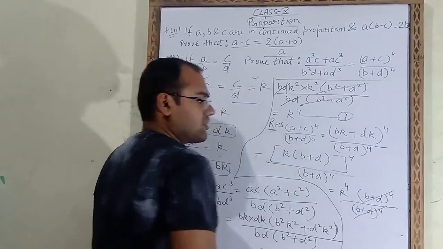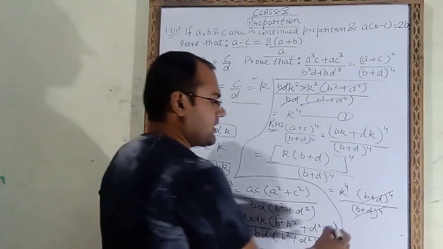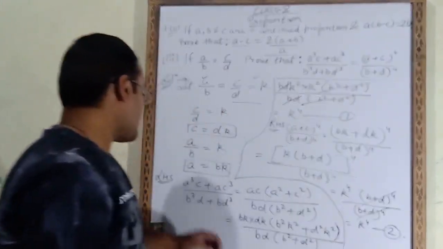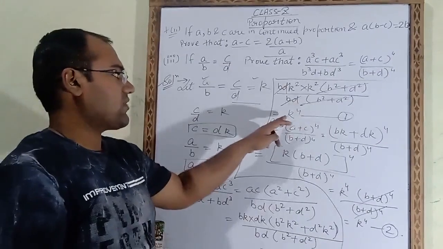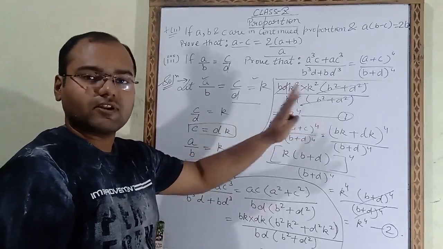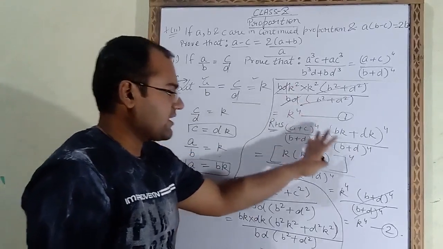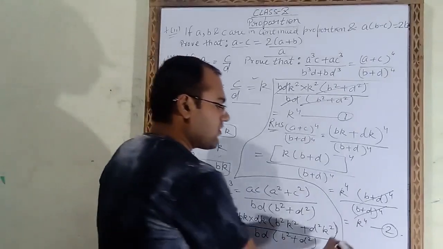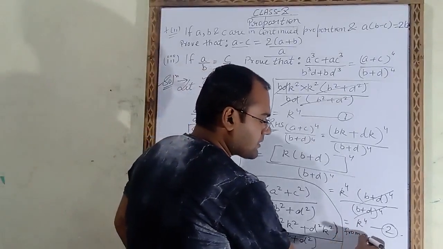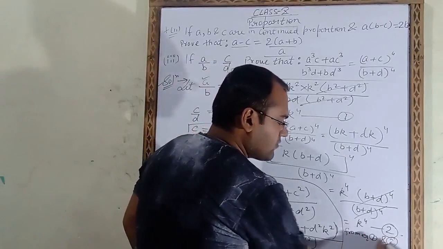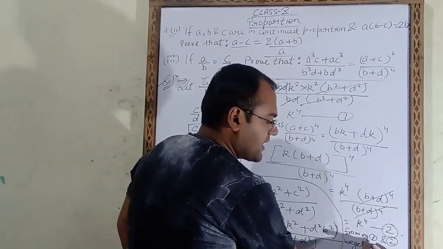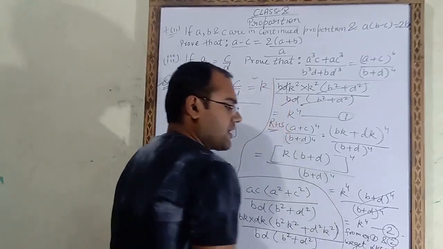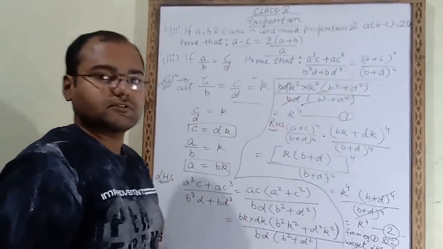These two terms will get cancelled. So the remaining answer is K power 4. This is equation number 2. So LHS we had solved, and the answer of LHS is K power 4 in equation 1 we had shown. Now RHS we had taken and solved this RHS also. Answer is coming K power 4. That means from equation 1 and 2 we get that left hand side is equal to right hand side. So like this you have to do such questions.